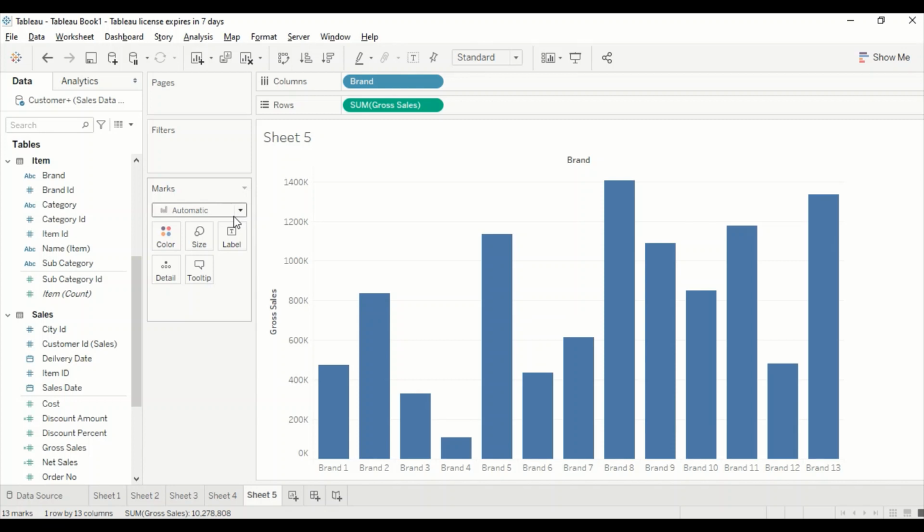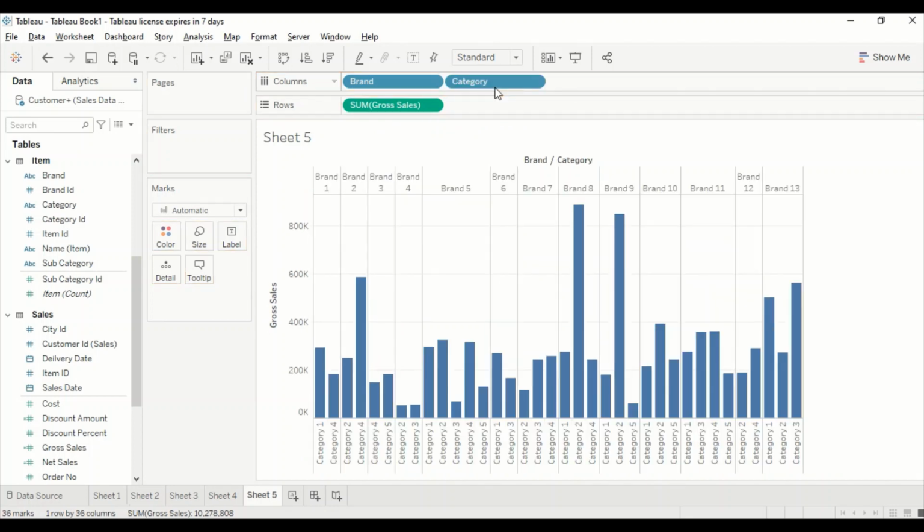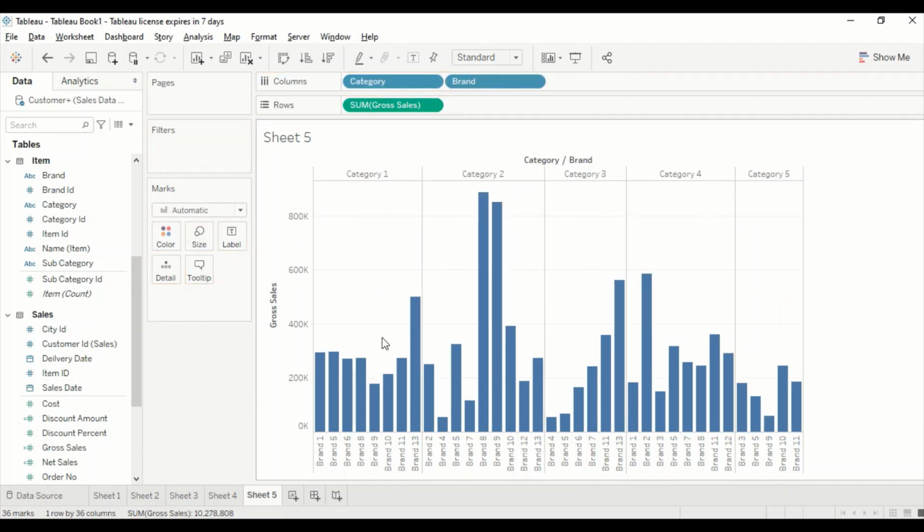Now what I'm going to do in Tableau is show you a couple of versions of that, and then we will repeat it in Power BI, because exactly the same thing is done a bit differently in Power BI. If I click here, look at this. Inside brand 1 I have category 1 and 2, inside brand 2 I have this, then brand 3. So brand is repeating once, and inside that the category is repeating because brand is first. And if I switch it here, inside the category the brands are repeating.